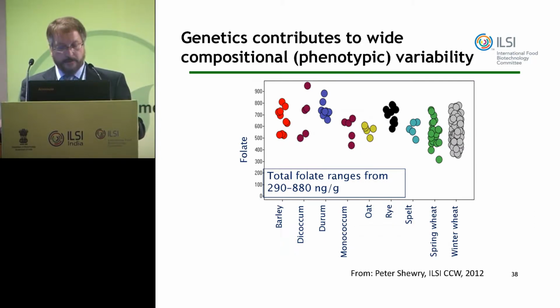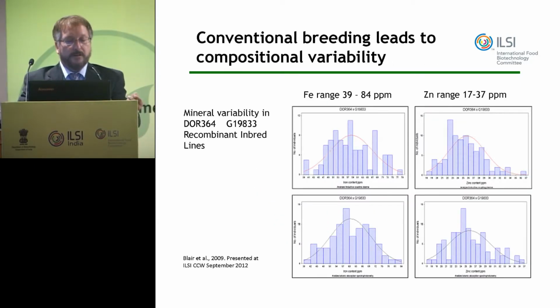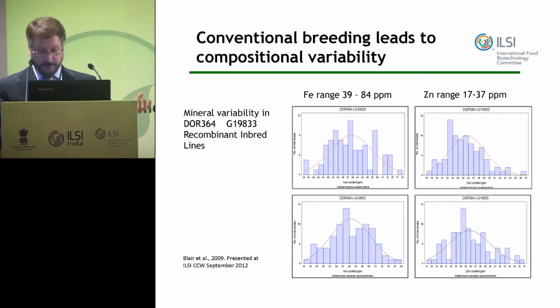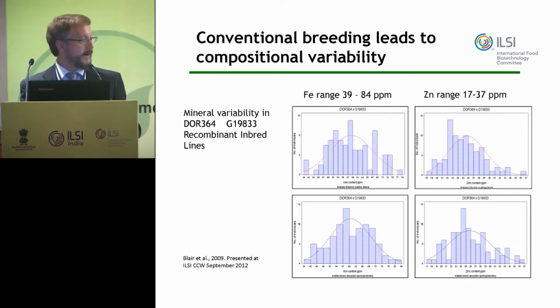This was just for any of these species down here. These are the natural variability that exists for folate. And you can name your metabolite, and there will be that range of variability. Just segregation that happens during a breeding program. This is just from crossing 2 different inbreds together and looking at the progeny. In the progeny, there's a 2-fold difference in the amount of iron present. These are dry beans. And likewise in the range of zinc. So this would be an example of genetics segregating out a trait.